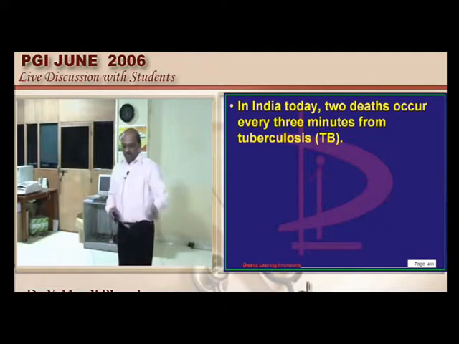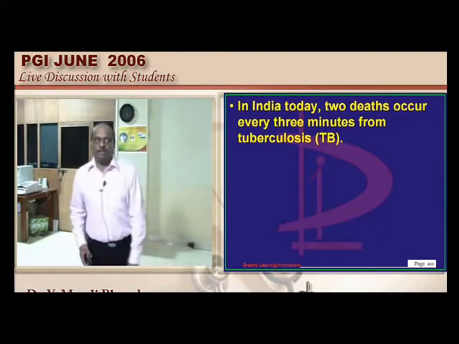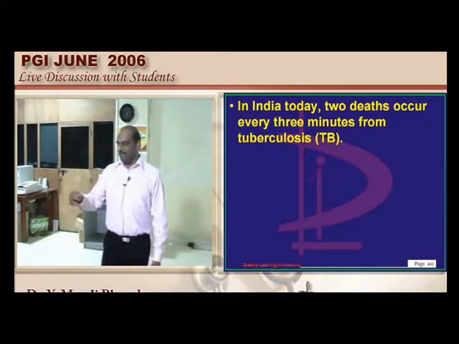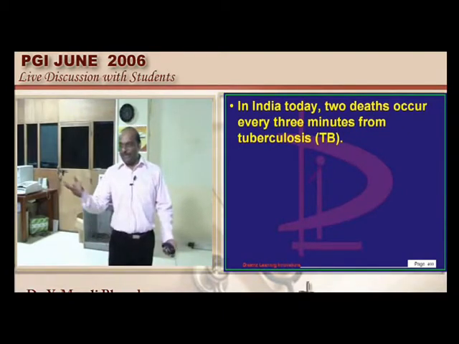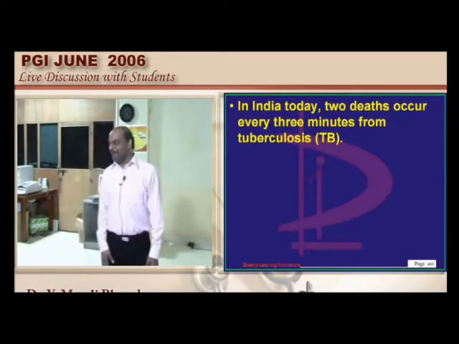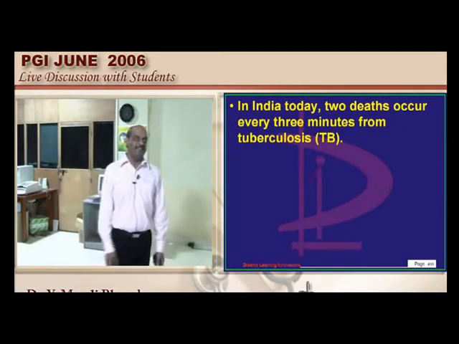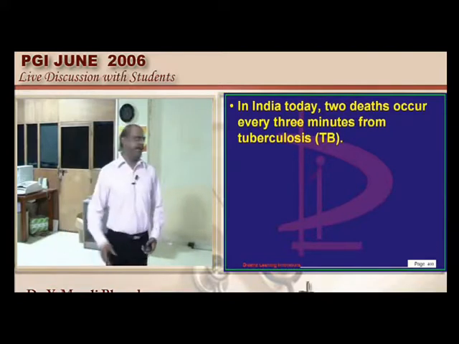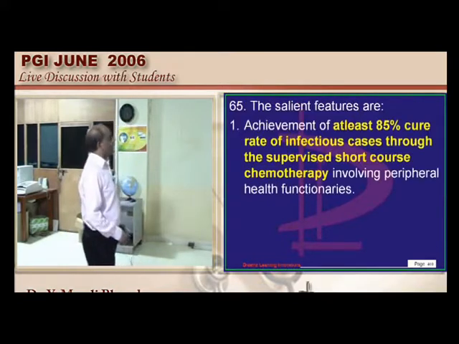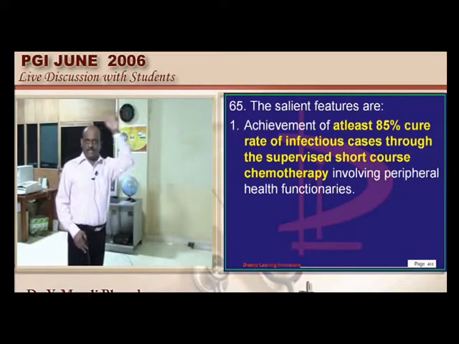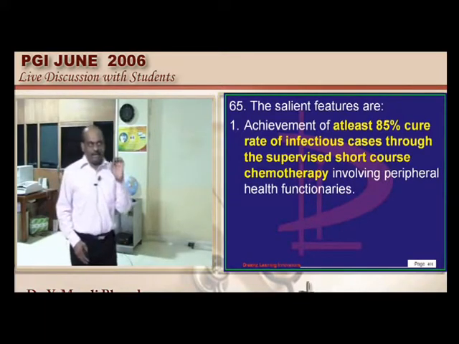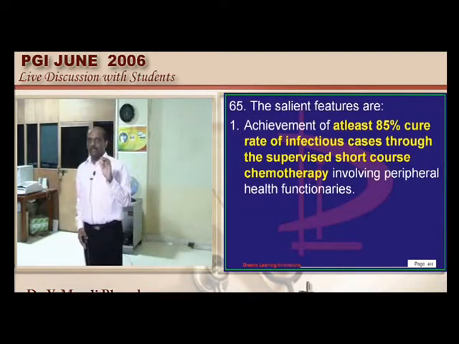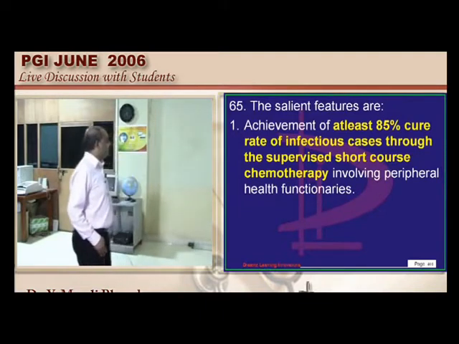If you are working, which is the first death summary you have written, doctor? At least for me and my colleagues, for most of us TB used to be the first case in MBBS housemanship. I don't know your experience. Obstetrics is another important place where you will first be penning the death summary, but TB is a very killer disease, doctor. Now RNTCP, Revised National Tuberculosis Program, says 85% cure rate of infectious cases needs to be achieved by giving short-term, well-monitored DOTS therapy.